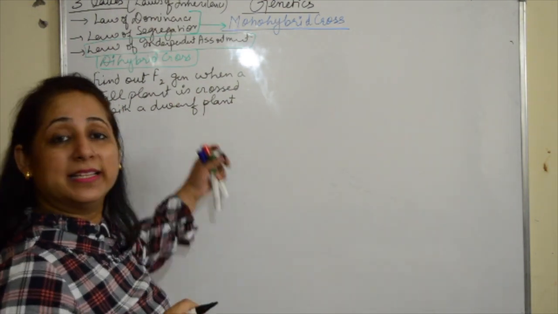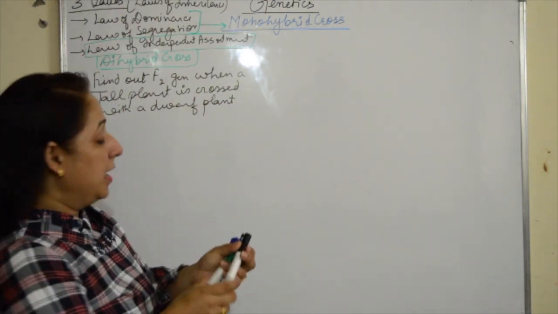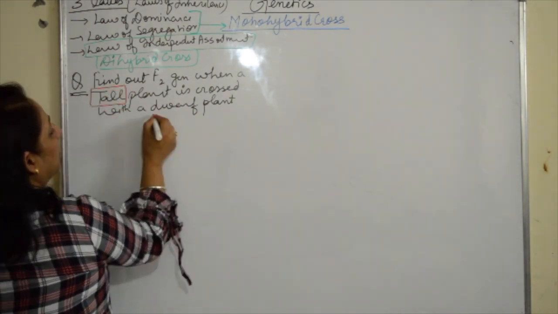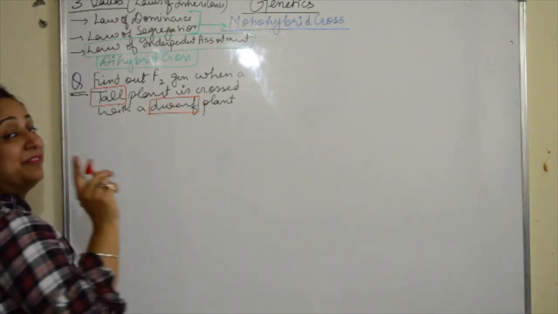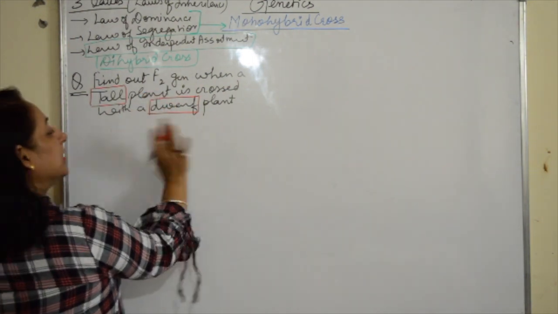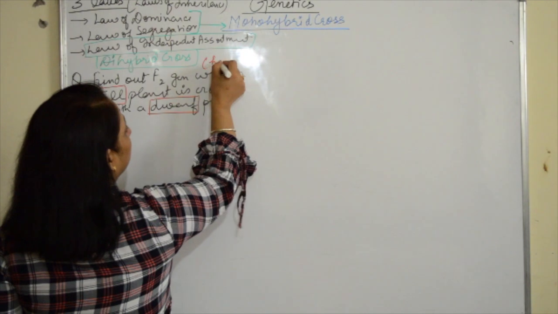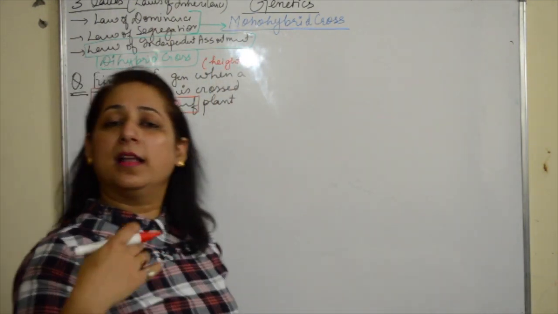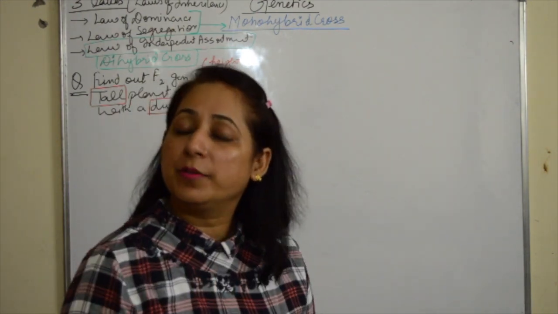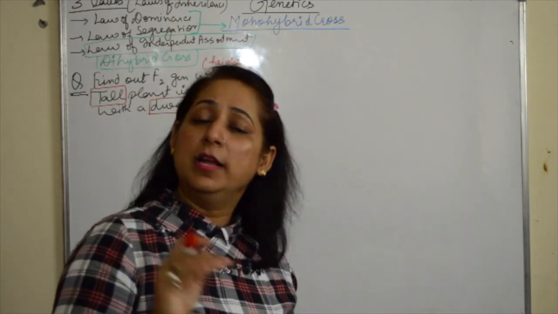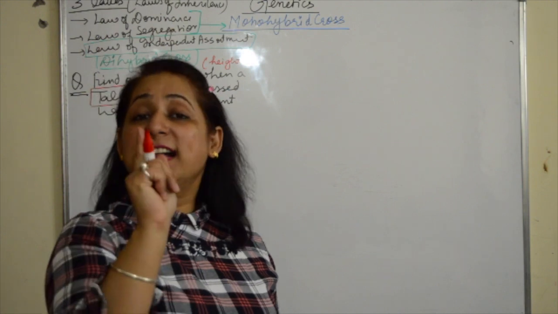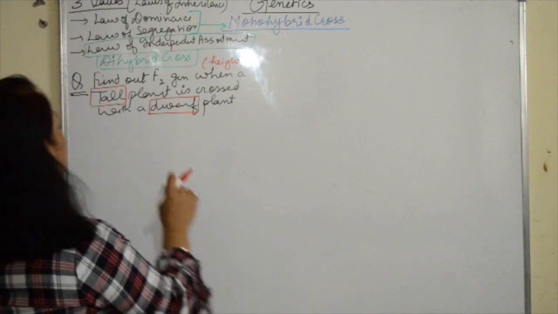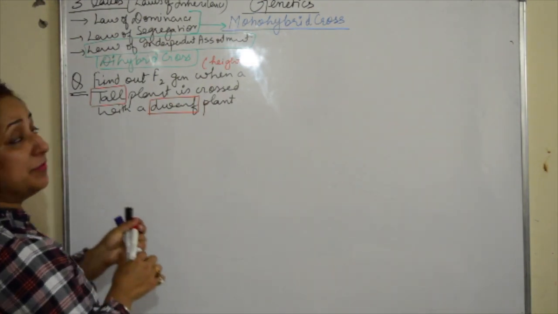Now, you must have done both processes, mono and di. How will you know that it is a mono or a di-hybrid cross? When only one character is talked about, or the statement has only one character. So here the statement is only talking about the height of the plant, or it will only talk about the color of the flowers, or only the color of the pea pods, or shape of the seeds, or color of the seeds. If only one character is there, it's a mono-hybrid cross. Fine. So now how do we answer this? Listen very carefully please.